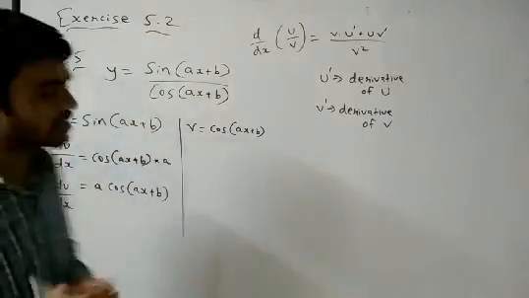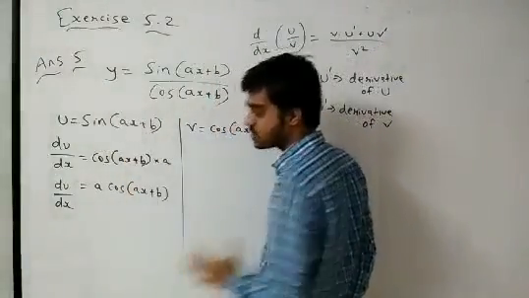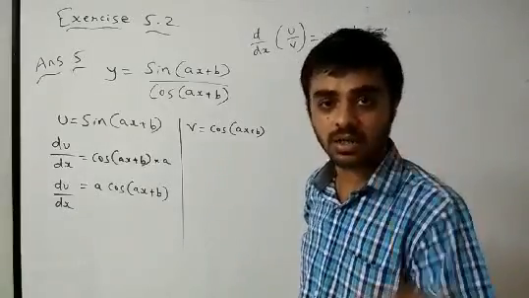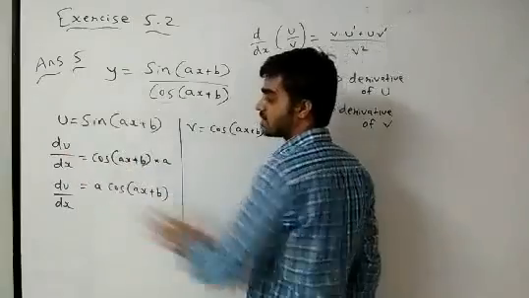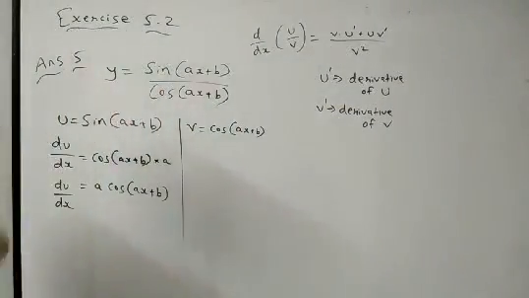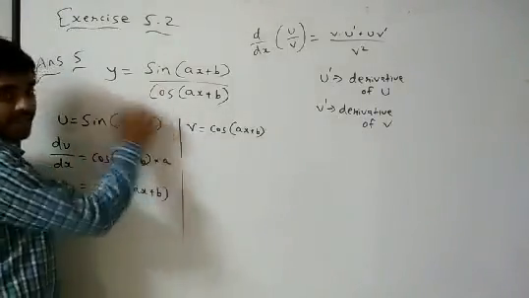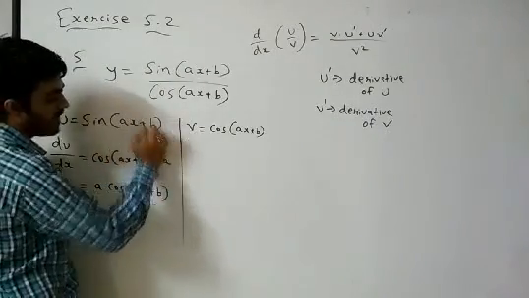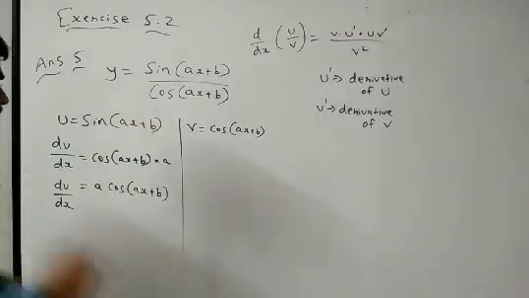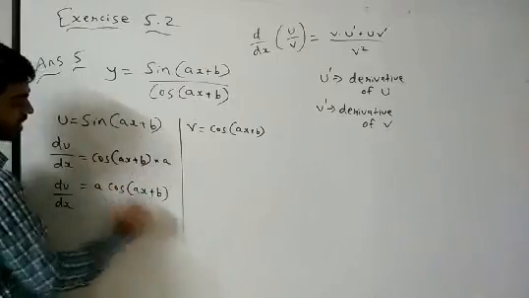See, if you want to check, then what you can do? You can assume this as t and then we can solve, like we have solved for the first, second, and third, right? But here now, as we have done many sums for differentiation, you must know that the derivative of sin x is cos x, and the derivative of ax plus b, that b derivative will be 0, because you know that the derivative of a constant function is 0, and the derivative of ax is a only, so a cos of ax plus b.